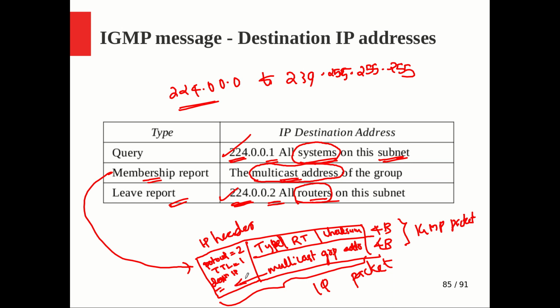Mainly this is maintained because whenever a membership report is generated as a reply to the general query, the same membership report should not be duplicated. On the way it will be received by other hosts, and if they are also keeping a timer for the same group, they are supposed to cancel the timer. For that purpose, it is easy for others to see the IP header and look at the destination IP part. Otherwise they have to remove the IP header, go inside, and see the multicast group address. Both are fine, but this makes things faster. That is the purpose of keeping the destination IP address of the membership report as the multicast address itself. So we are keeping it in two places.